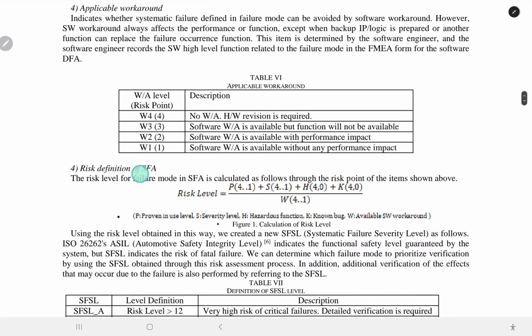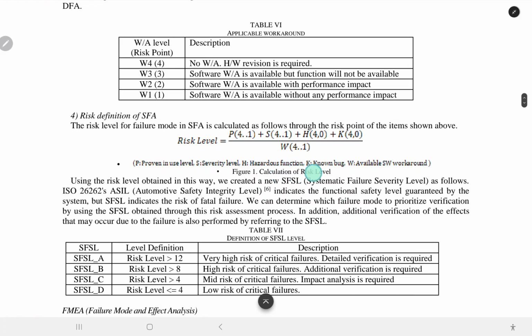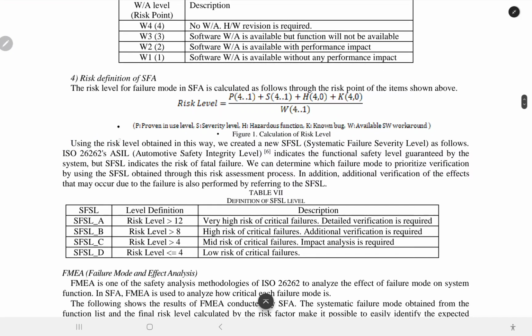4. Risk definition of SFA. The risk level of the failure mode in SFA is calculated as follows through the risk point of the item shown above. Figure 1. Calculation of risk level. Using the risk level obtained in this way, we created a new SFSL, simulation failure severity levels, as follows. ISO 26262's